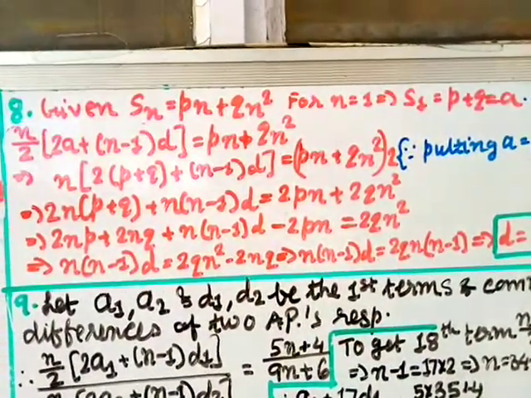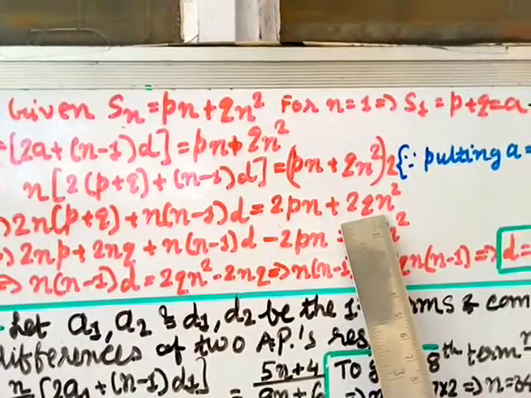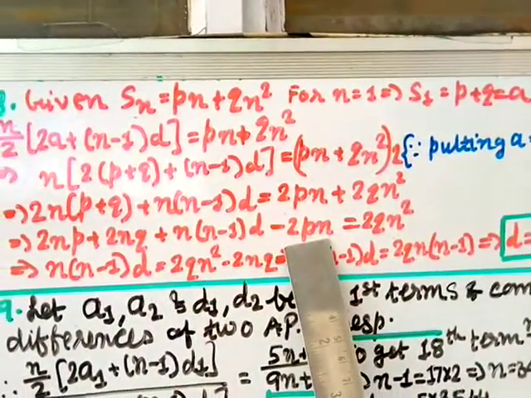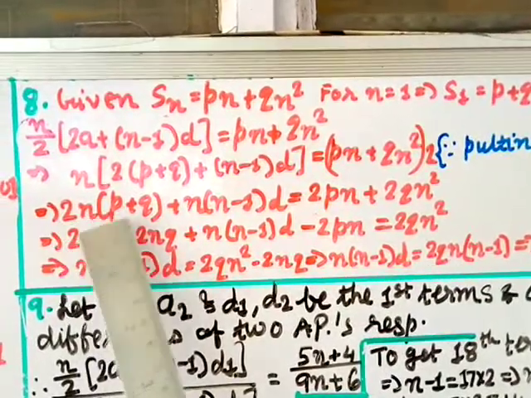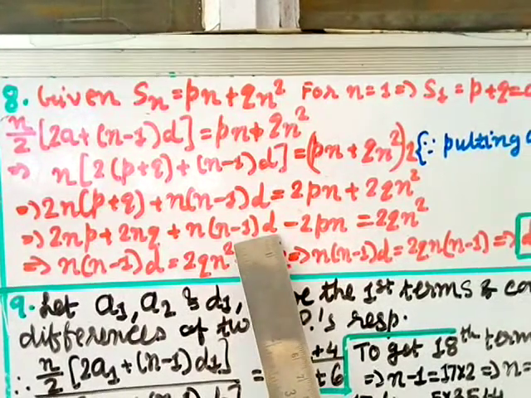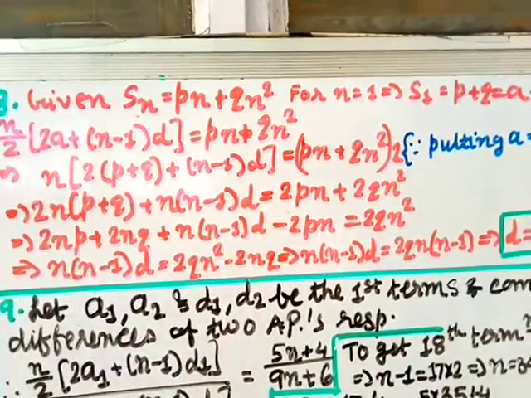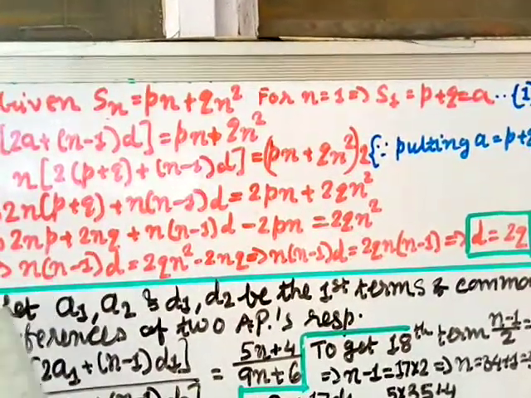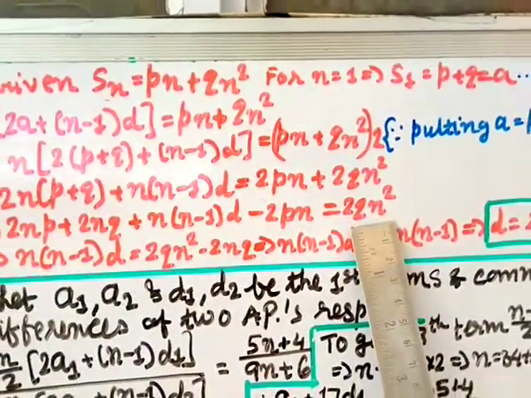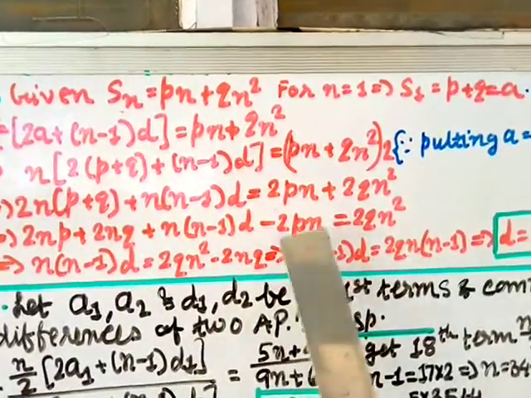Now here we have to rearrange. So what I am going to do is, of these 2pn and 2qn square, this 2qn square keep here, and this 2pn transfer over this side. So we get minus 2pn. And this, if you multiply, 2np plus 2nq, plus this keep as it is, n into (n minus 1) into d. This 2pn negative and this 2np positive will cancel each other. So this term will cut out. And here remains n into (n minus 1) into d, and this 2nq transfer over here. It will become negative. See, I have written here 2nq, and this one is 2qn square as it is, and this is already cut off.